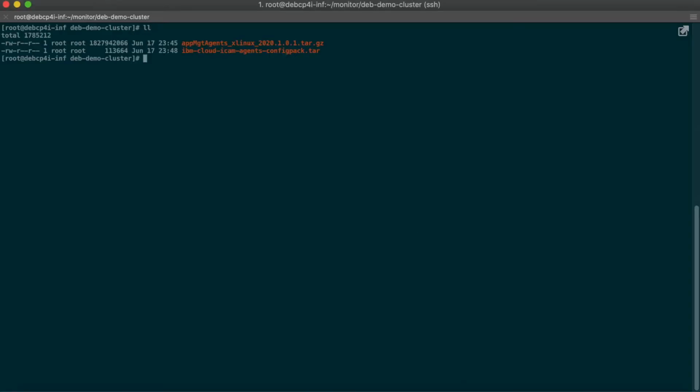Copy the agent configuration file and the downloaded agent's installation file to the Linux machine that we want to monitor.